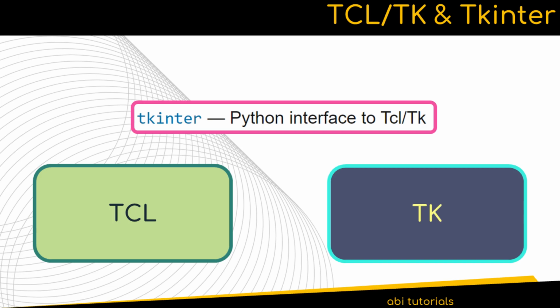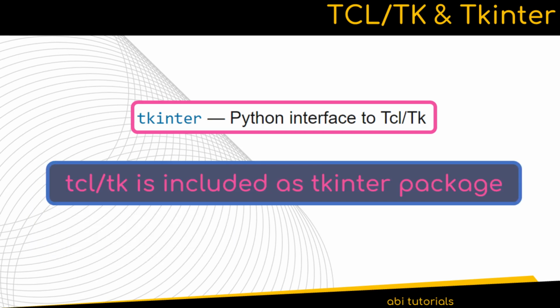From version 8.0 of Tcl onwards, the Tk is included along with the Tcl, and together they are called as Tcl/Tk. The current version of Tcl/Tk is 8.6. Specifically, in recent versions of Python, the Tcl/Tk is included as part of the standard Python installation in the form of tkinter. That means we do not have to install the Tcl/Tk package separately. We also do not have to learn the Tcl language to write a GUI. Instead, we will use Python code to create Tk GUI using a Python package named tkinter.